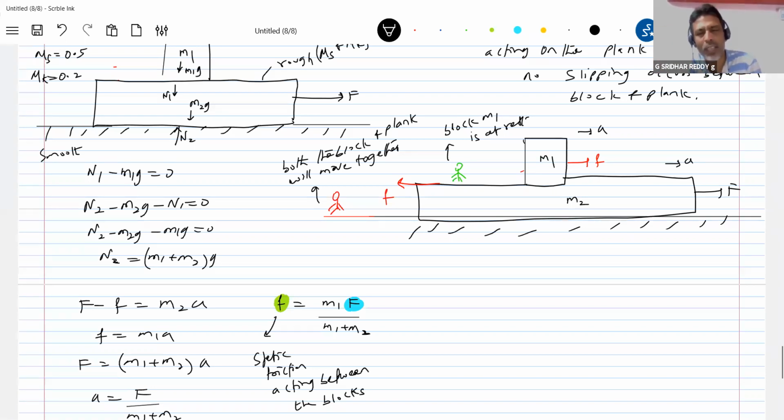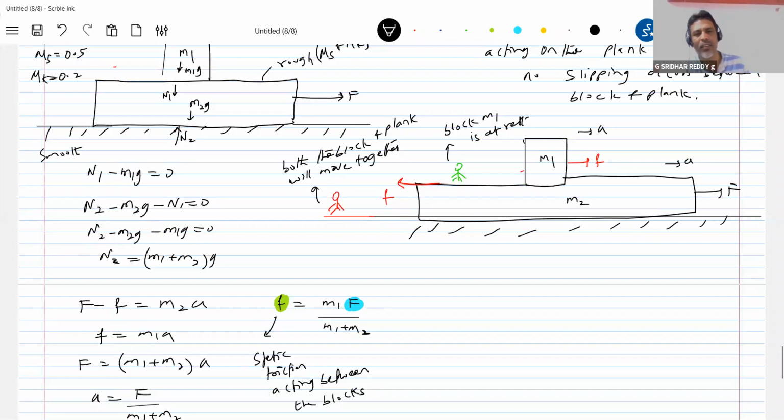But look at the block and the plank, both are accelerating. Then sir, block and plank are moving, then the friction should be kinetic? No, the idea is not like that. So we'll just change the basic condition we started with. It's a different situation. So what we have to conclude: when there is no relative motion, when relative motion is zero, the friction acting between the surfaces will be static. That's the condition I brought.